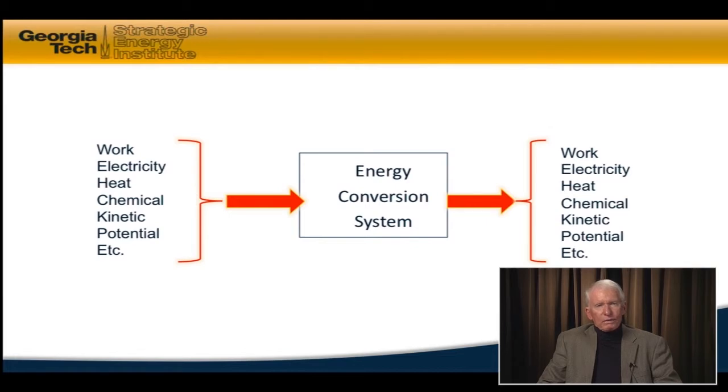Kinetic energy is, as I already mentioned, an automobile is one of the best examples of that. Potential energy: if the automobile is high on a mountain, then it has potential energy and gives up that potential energy as it comes down the mountain or down the hill. And you can easily convert the dropping potential energy to kinetic energy as you coast down the hill, whether it's a bicycle or a car. So we have potential energy coming in on the left-hand side, and kinetic energy as the vehicle or bicycle speeds up as you come down the hill.